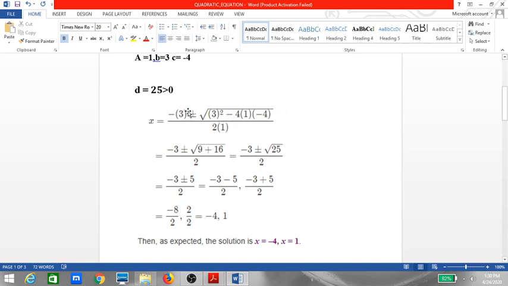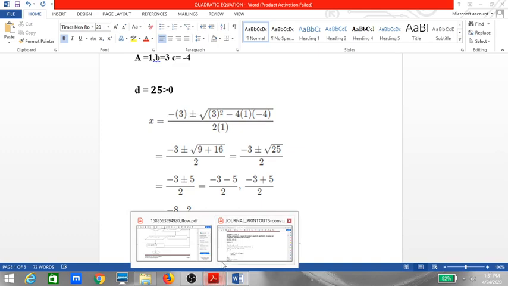So we'll get two values for this. Once I apply plus here, once I apply minus here. Here they have applied minus, here they have applied plus, and after applying I get two values. So x value is minus 4 and x value is 1. So these are the two solutions. The same thing, whatever we have applied here, we are going to apply to the same equation in the program, with the same formula, and we'll be getting the solution.